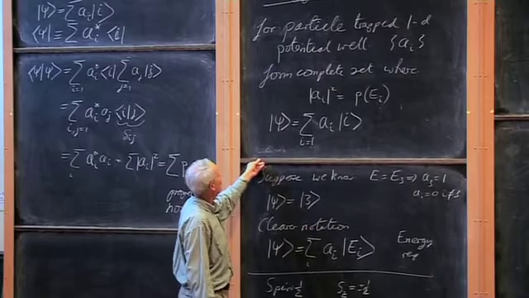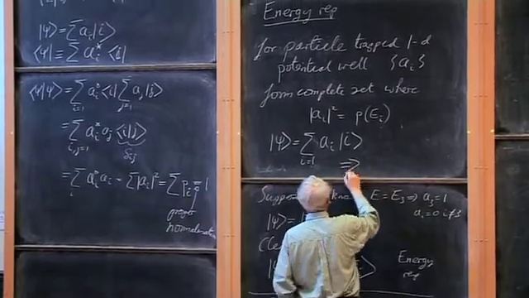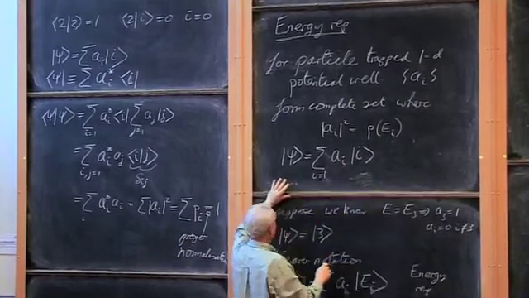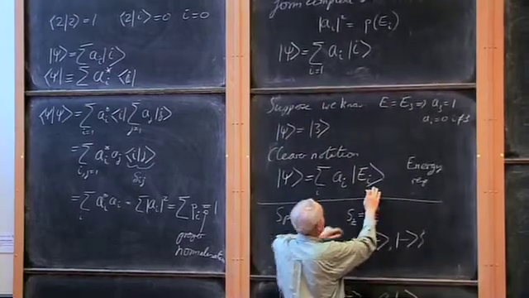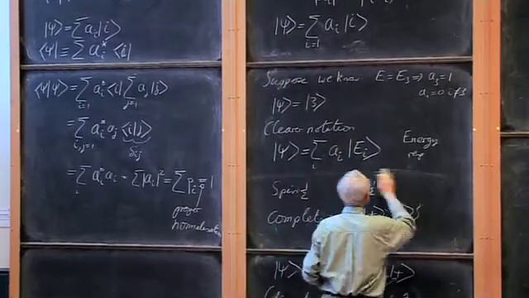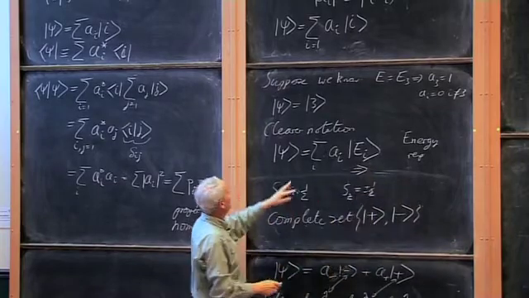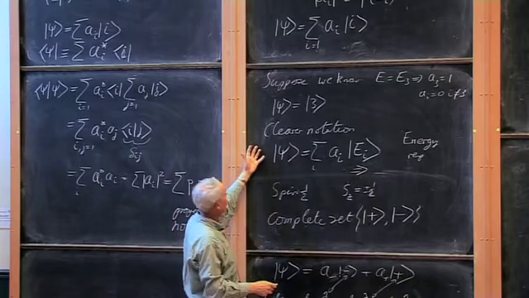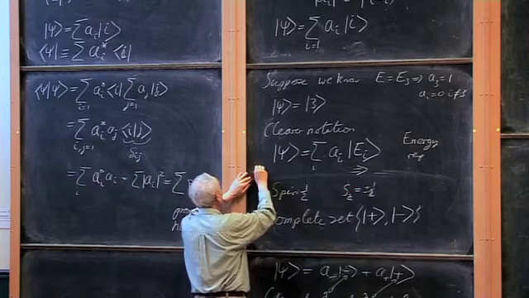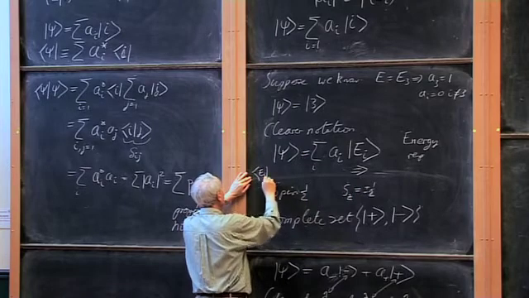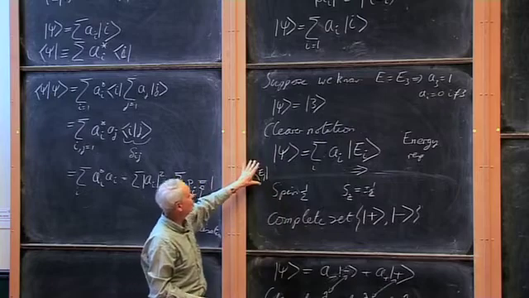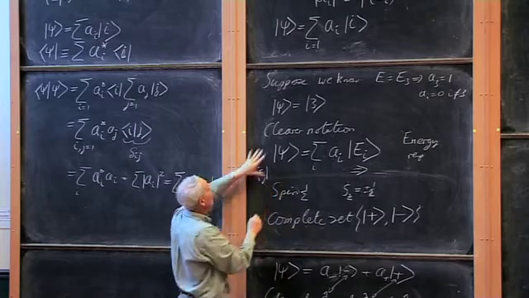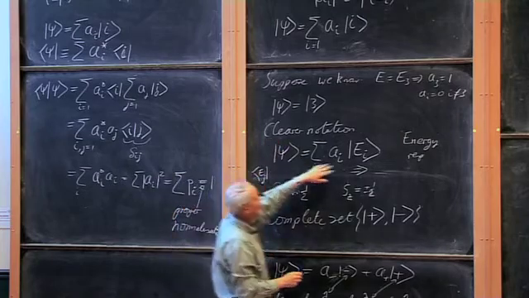Let us point out at this point a very simple fact: if I multiply this equation through by the bra Ej, so that I evaluate the function Ej on both sides of the equation, then